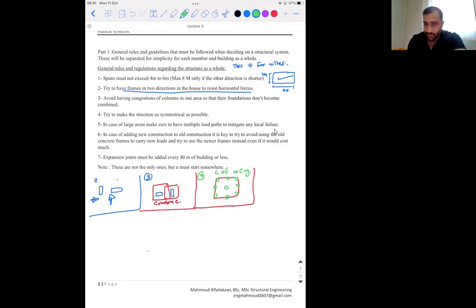You have to have multiple load paths in a building to mitigate any local failure, because what we don't want is one beam failing, one secondary beam failing, for example, and the whole building collapsing, like something we call a pancake collapse, or one column. If we lose, let's see, for example, what do I mean by that? Let's put it here. So if I had a building like this, for example,